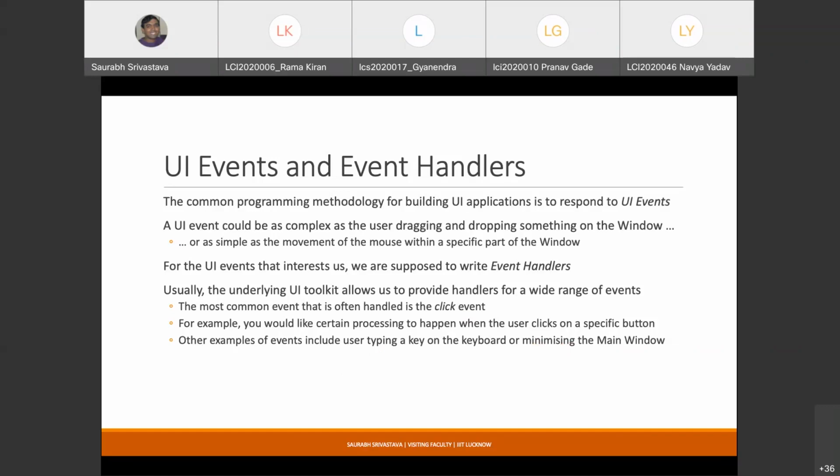Sometimes you can see it, sometimes when you change the tab and then change it back again, you can see that the frame that you see was the frame when you minimized it, or changed the tab. And as soon as you go back to the tab, the frame gets refreshed to the current frame. Sometimes, if your system is really fast, you might not be able to see it. But I have an experience of working with very slow systems, so this is something that you will see. So these are all UI events, and you are handling these UI events differently.